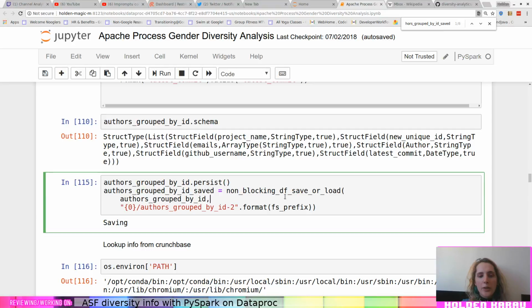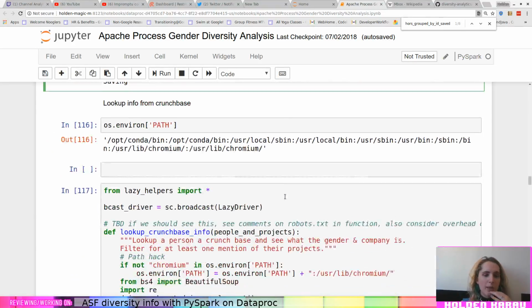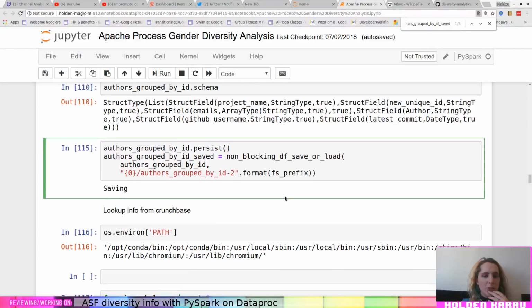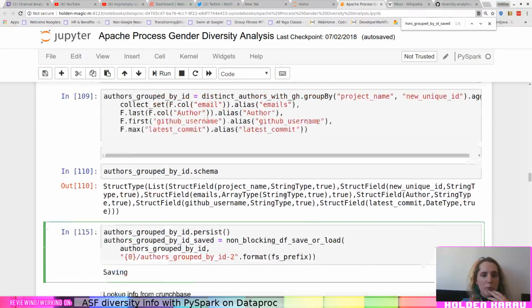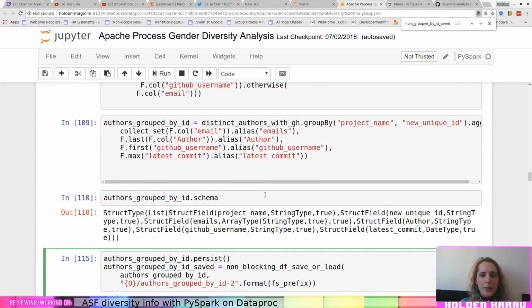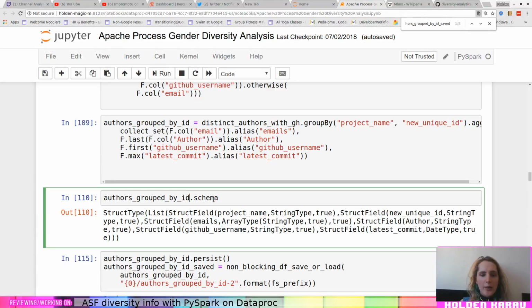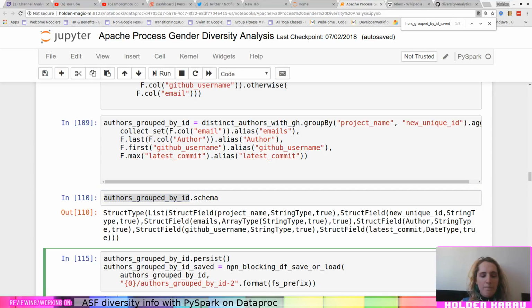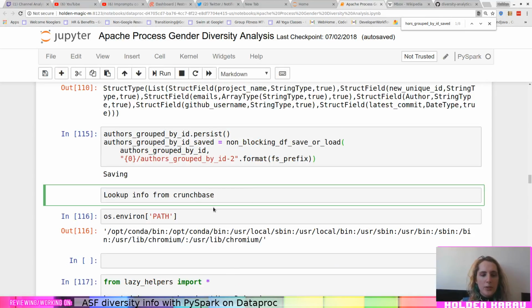But I'm worried that I may have accidentally screwed up and collapsed a whole bunch of users into one record, just based on that. So let's go ahead. We did save. I want to debug this a little bit though.